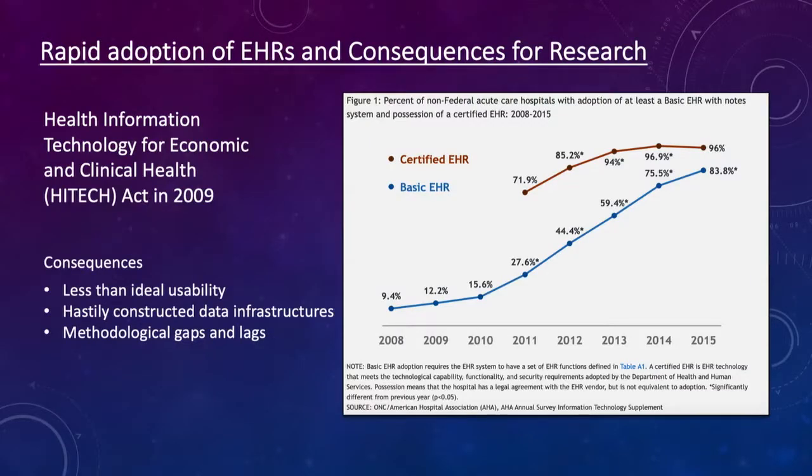Okay, so hopefully everybody has an electronic health record now. I think we're all into this process. It's very interesting though to look back and see that as of 2008, electronic health records really weren't ubiquitous across this nation, and then we had the HITECH Act, and now there's this explosion of data that we've encountered within electronic health records. I was looking back on this and thinking about the consequences for research and what may have come out of that, and I think there's a few things. So one,